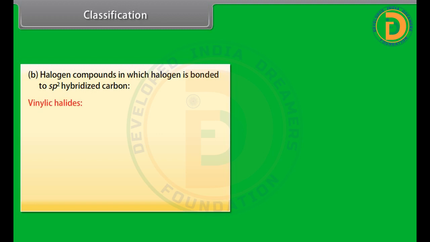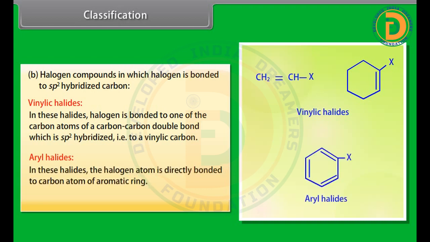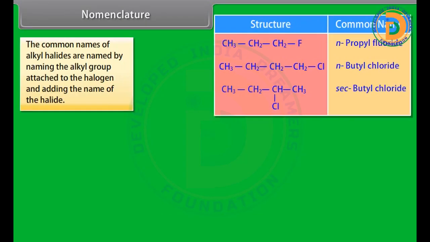Vinylic halides. In these halides, halogen is bonded to one of the carbon atoms of a carbon-carbon double bond which is sp2 hybridized, that is, to a vinylic carbon. Aryl halides. In these halides, the halogen atom is directly bonded to carbon atom of the aromatic ring. For example, halobenzene. Nomenclature. The common names of alkyl halides are named by naming the alkyl group attached to the